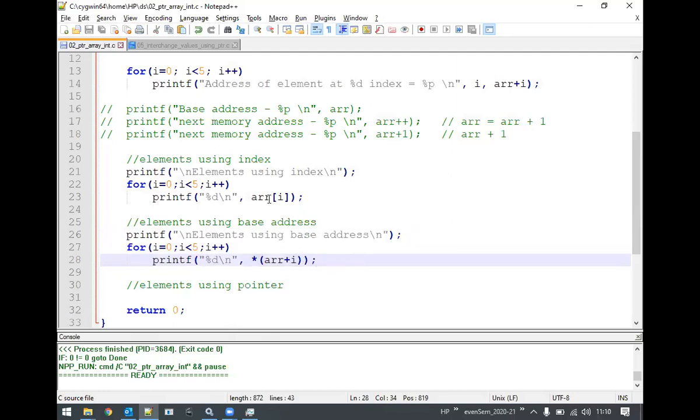The difference, if you notice here in the syntax, is that this is the convention, the traditional method of accessing the elements using the index. How can we recognize it? You can see there is a pair of square brackets, an opening and closing square bracket. That means it is the index method. Now here, there are no square brackets, so we are not using the index method. What are we using here? If you notice carefully, we are using the name of the array, and the name of the array means it is the base address. So we are accessing every element of the array by using the base address.